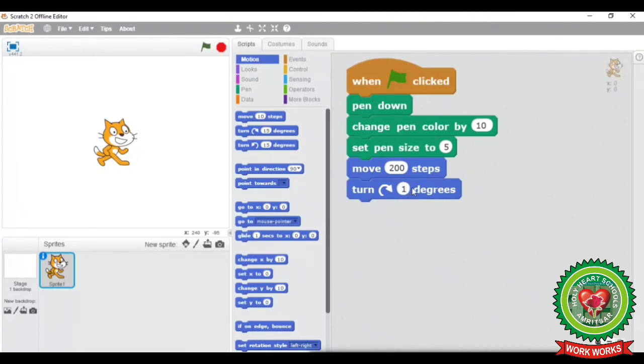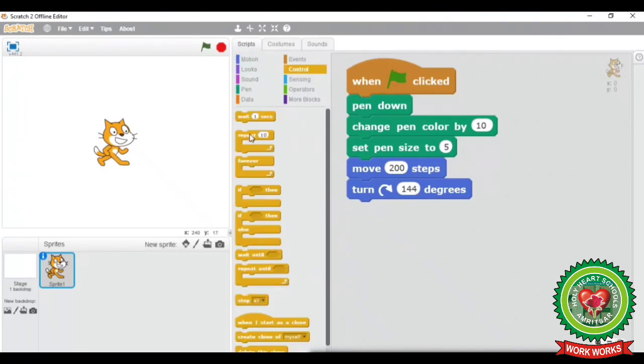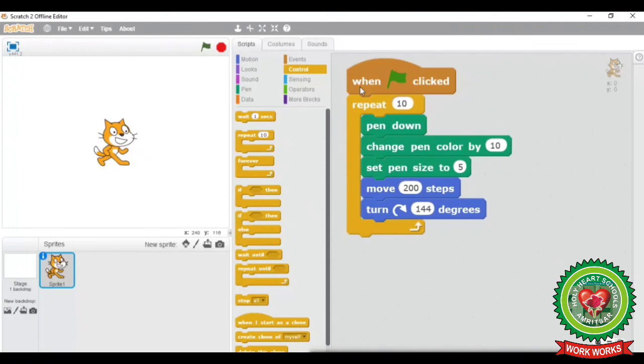Now here I am going to take 144 degrees, and I want to draw the shape with repeated motion, so I will click on Control block, and here I am going to take Repeat block, and as we know the star has 5 sides, so I will repeat this for 5 times.